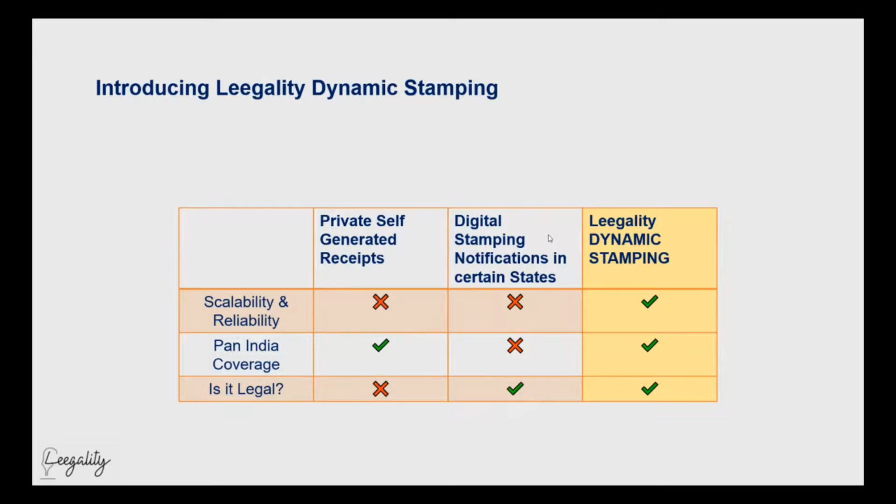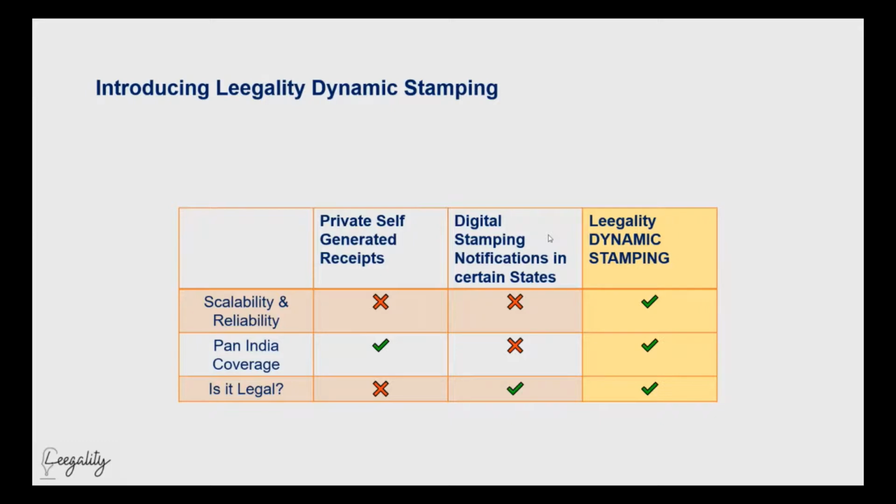Maybe if you can close the loop on it, how will it change any API integrations if someone already has an API integration with Legality? Right. So if somebody has an API integration with Legality, you don't need to really change anything. There is just a new parameter for stamp groups and the stamp value. So you just need to build that in. So nothing really changes. It's just two additional parameters that have to be introduced.